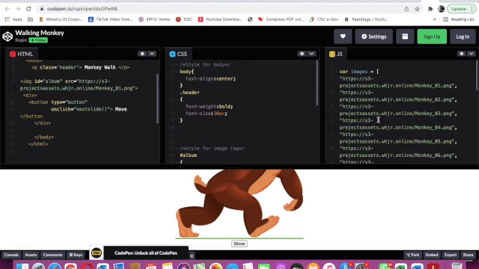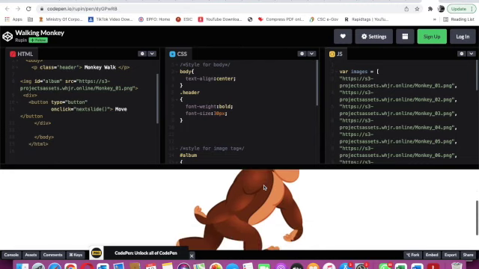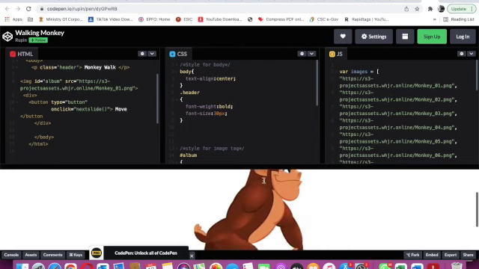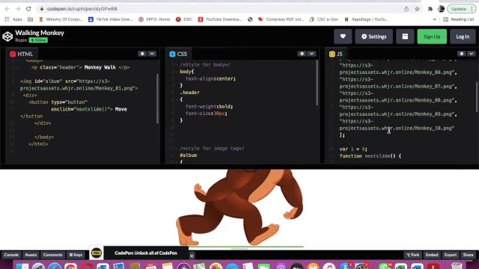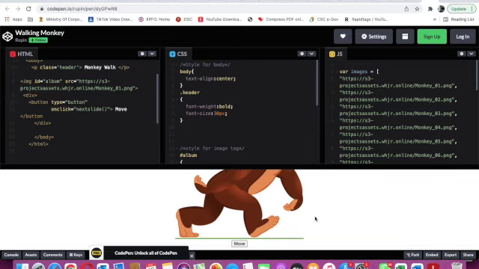Now here these are the IDs, the monkey walk IDs. You can see all the IDs are the same, but the difference is the numbers, like 1, 2, 3. Monkey underscore 01 PNG means 1 PNG. In the first image they have given this image. The second image is also the same, but the monkey's leg is moving. So whenever we click 3-4 times, 5-6 times on the move button, the monkey will move.